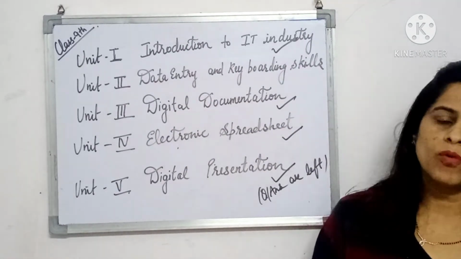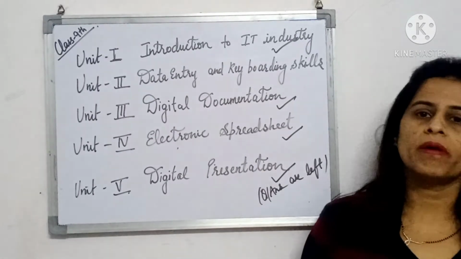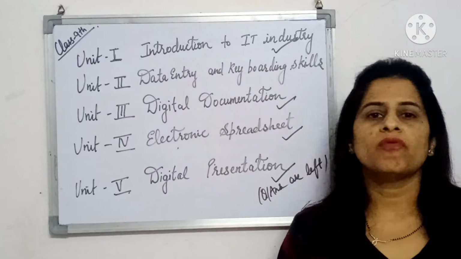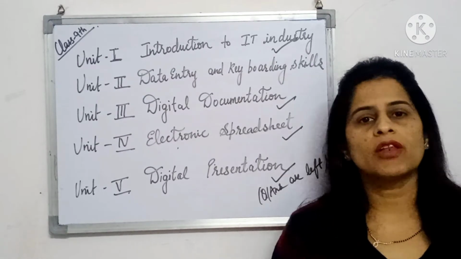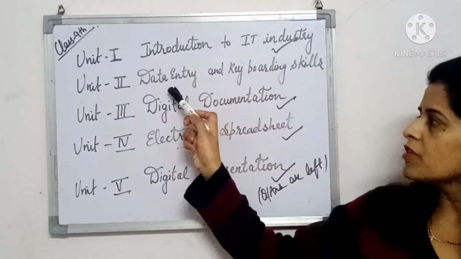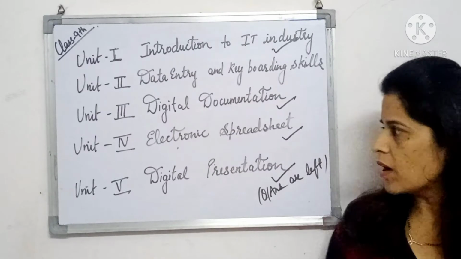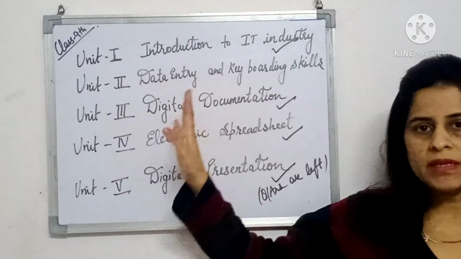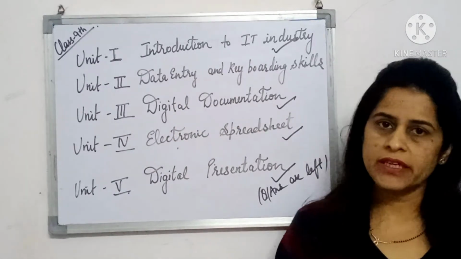It covers what the keyboard is, how many types of keys there are on the keyboard, what the mouse is, how many types of mouse there are, what functions we can do with the mouse, and what posture you should have when you are typing. These 3 or 4 questions are related to the first chapter of this unit. The second chapter we are cutting down. So this is all about your syllabus. Now let's start, and come with me for the first chapter of data entry.